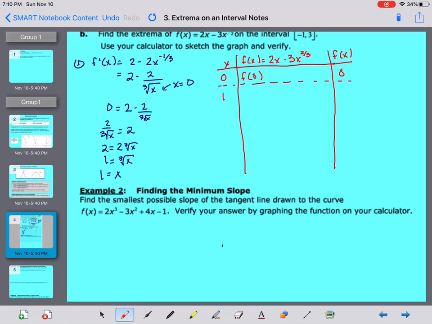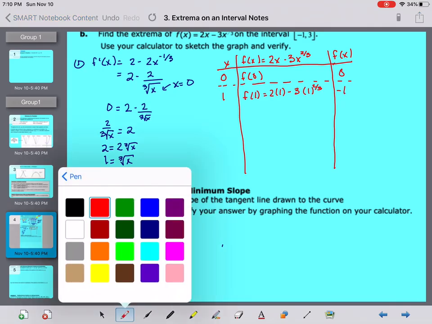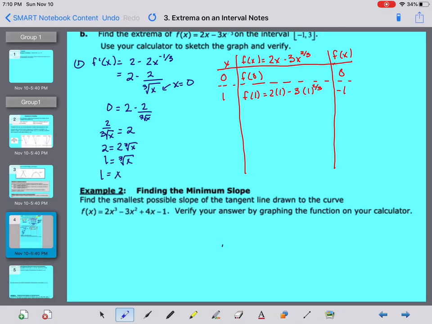If I take 1 and I plug it in, so f of 1 equals 2 to the first power minus 3 times 1 to the 2/3. Now 1 to any power is 1, so 1 to the 2/3 would give us 1. So we'd wind up with 2 minus 3, which gives us negative 1. Okay. So then after that, now that I've done my step 2,